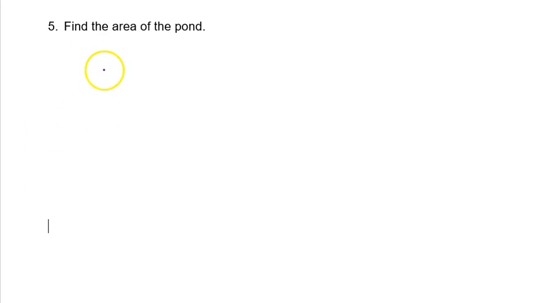Okay, a really classic area problem that they want you to use the trapezoid formula with is where they give you a pond or shape on the green of a golf course or something like that that would be an odd kind of smooth looking shape that would not be a function that you would graph and pass the vertical line test. So let's just draw us a little pond here,